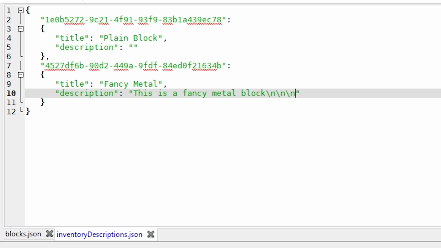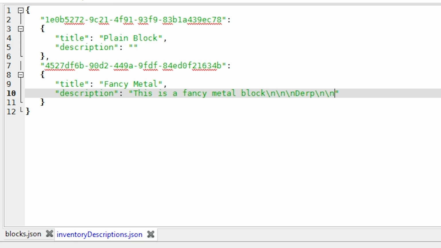So I'm going to do 3 of them in a row, because I want to space my lines apart. And in this new line, I'm just going to put a derp in there, because, you know, why not? A derp. So I'm also going to do another 2 lines down, and here's where it gets interesting,